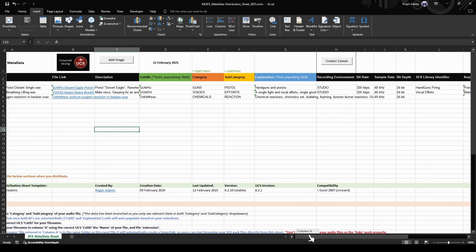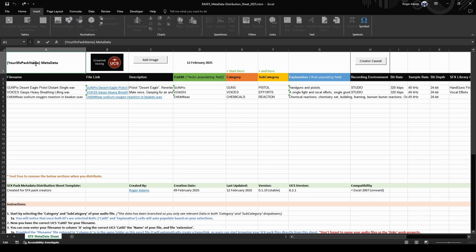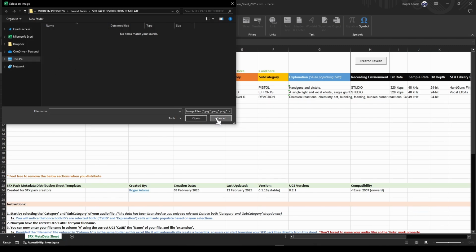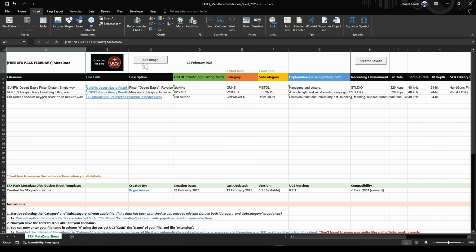Really intuitive. You might want to give your pack name up here, so you might want to call it, I don't know, possibly a free SFX pack, and maybe it's for February or something like that, and metadata. You can also add an image here, so if you wanted to add an image, it might be a brand image, or perhaps a logo, or even the cover of your SFX pack, you can load that in there,